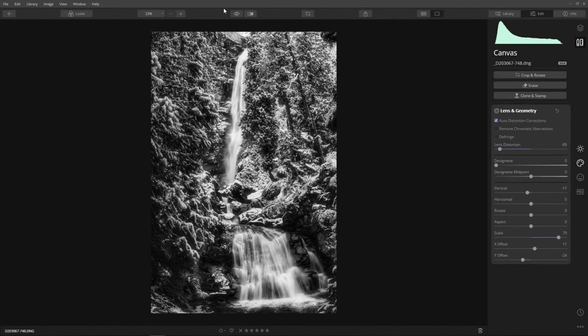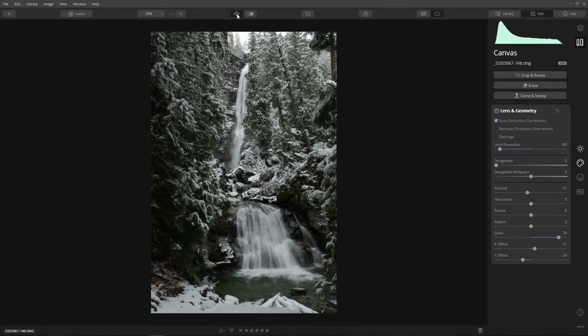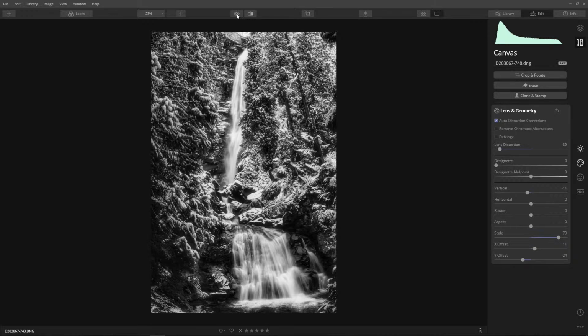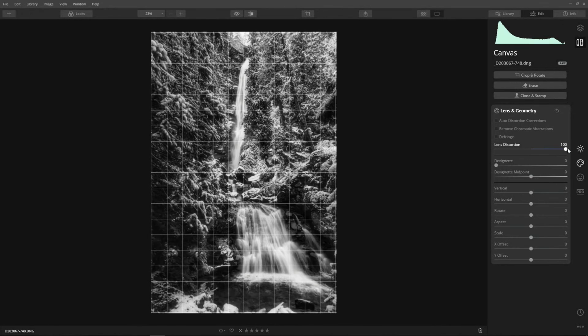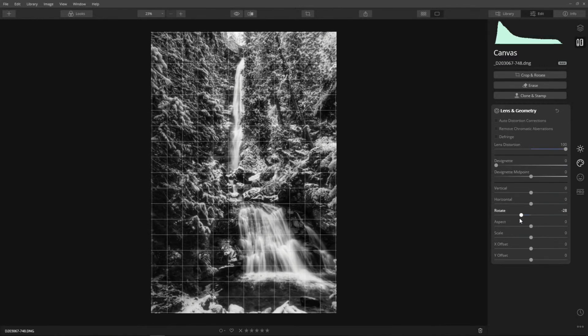So the first way, here's before, here's after. And let's come back to here. The first way was a simple no-brainer, and we pushed it out instead of barreling it in. And I actually like that better. I just like the way this looks. I can even rotate it just a little bit